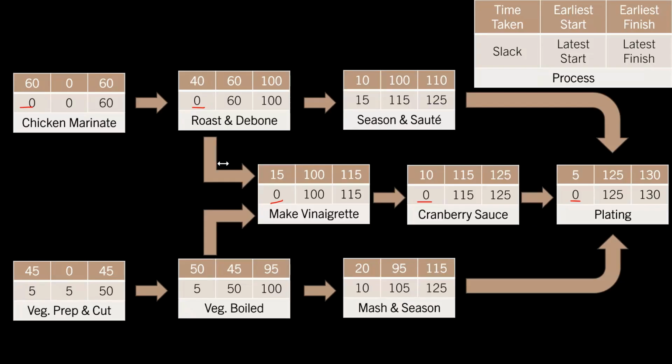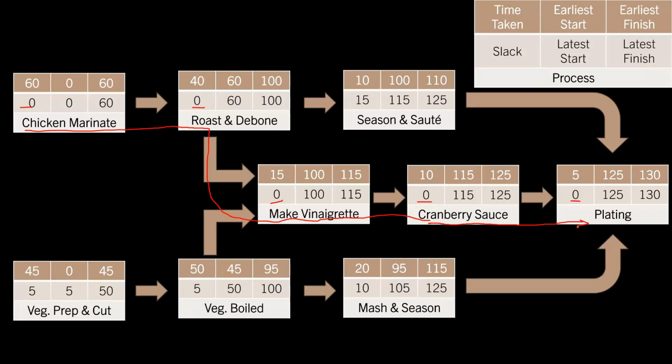No, Sylvie, there is a critical path here. So, Disha, let me still explain the longest time. From start to finish, if I take the path from chicken marinade to roasting and deboning, to making the vinaigrette, to cranberry sauce, to plating, this will take the longest amount of time to get from the start to